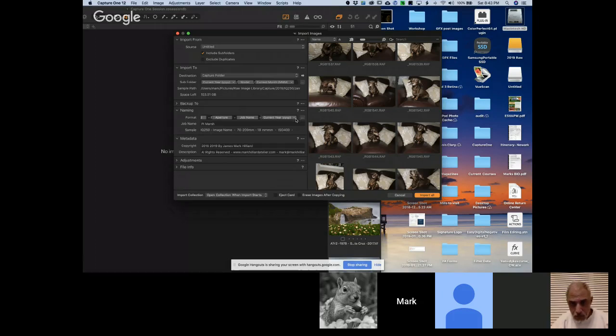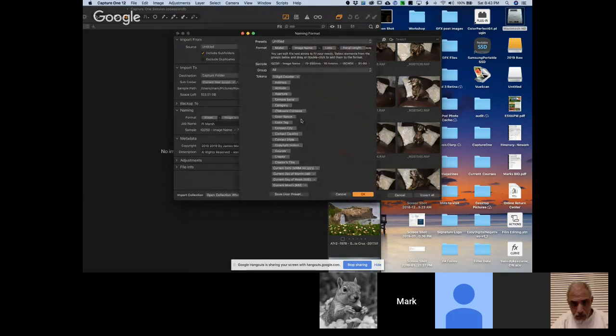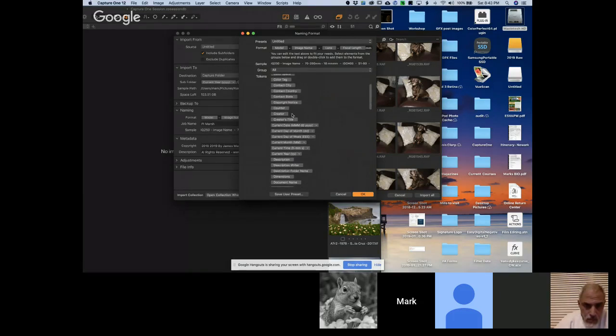Okay. But the number of items in this list is longer than the list above. You can do things like set individual counters, addresses, altitude, aperture, the camera serial number, categories. You can have something saved to your clipboard and dump that in comments. Color space, contact city, contact country, contact state, copyright notice, another counter, creator, which would be your name,